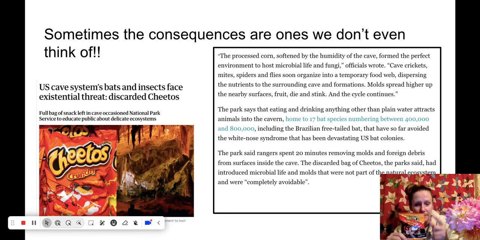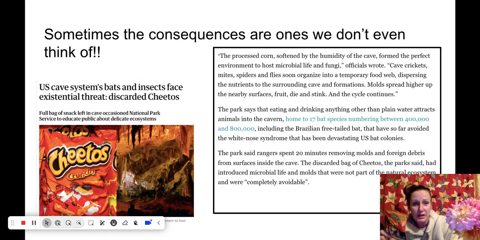Because if you read here, listen, read this, will you? The process, right? Processed corn. This is not even natural. This is garbage. It's not like health class. It's history. Let them live. Let them eat the Cheetos. They can learn about it. They're going to learn not to eat Cheetos. They're still gonna eat them 'cause they're good.